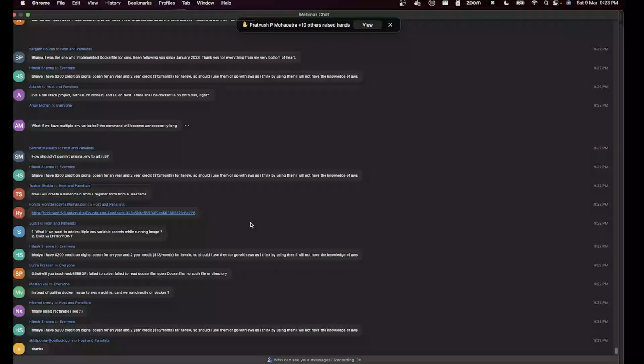I appreciate you. What if you have multiple environment variables? You can just pass -e multiple times. The command will be long, which is why eventually, when you reach container orchestration, you'll see the way you pass environment variables is something else. No one goes to an AWS container and runs a docker run command. You use Docker for deployment when you use some sort of container orchestration, and there the way to pass environment variables is something else. It's not passing -e. So yeah, if you want to add multiple environment variables, add the -e flag multiple times. I think that works. I could be wrong.